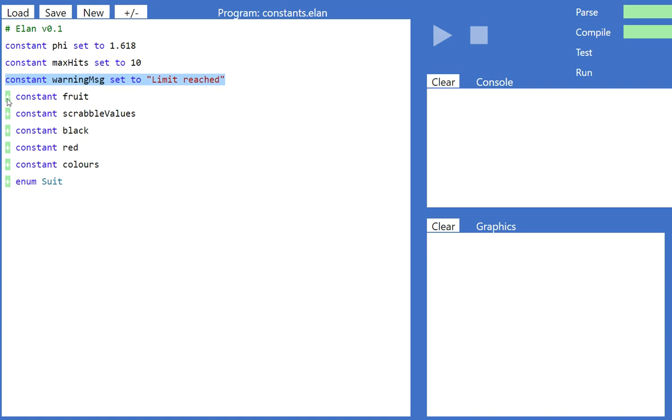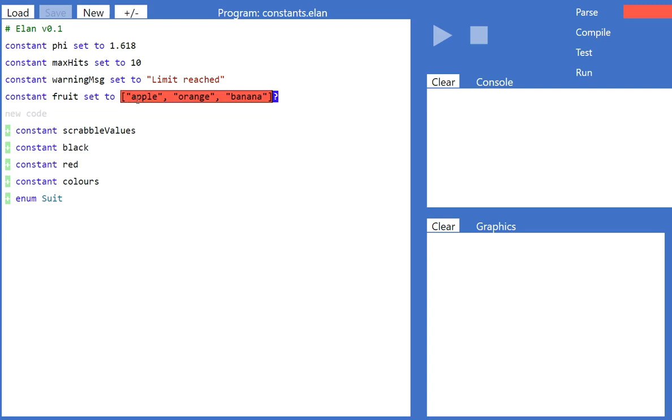You can also put certain kinds of data structures into a constant. So here I've defined a list of 3 types of fruit, a list of string, but it must be an immutable list. And you can see it's an immutable list. You can watch the video on lists versus immutable lists separately, but we can see it's immutable because it's using curly braces. If I were to change that to using square braces, initially I'm getting a parse error because the braces, the ends don't match, but if I were to change that to both ends,